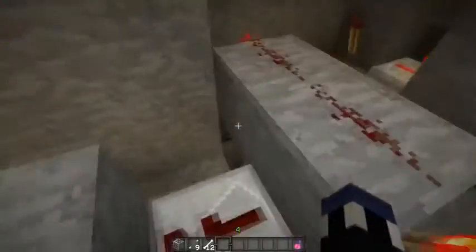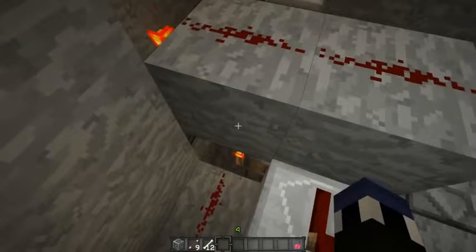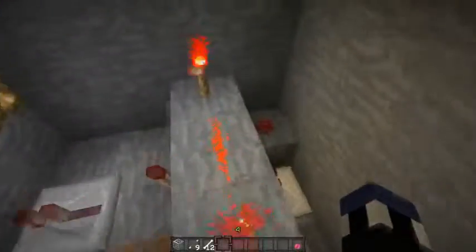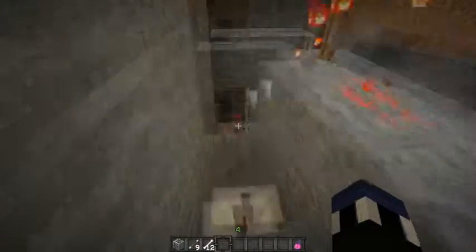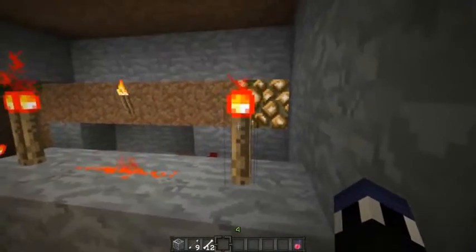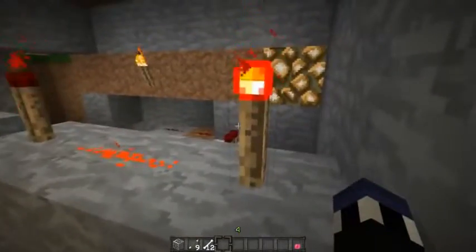And the way that works is through a T flip-flop. And if you guys are not aware of what a T flip-flop is, then be sure to maybe look up some redstone stuff, look up some redstone tutorials. Because getting into redstone, if any of you out there are math geeks or anything like that,